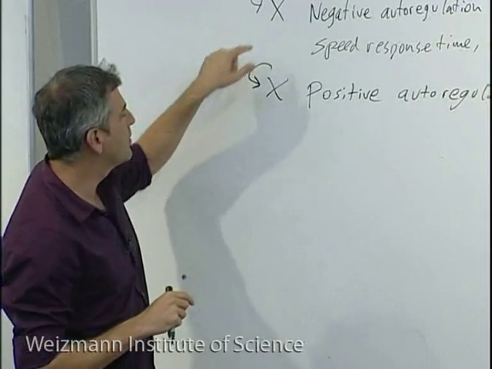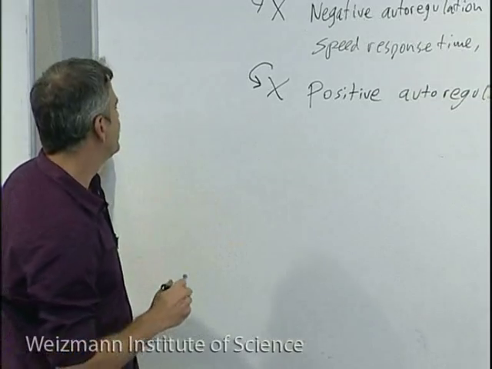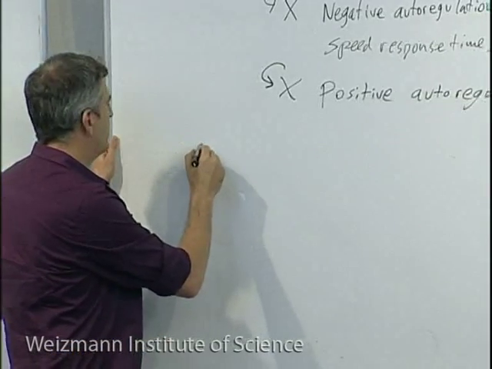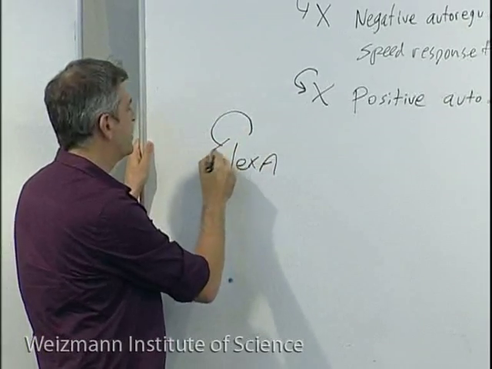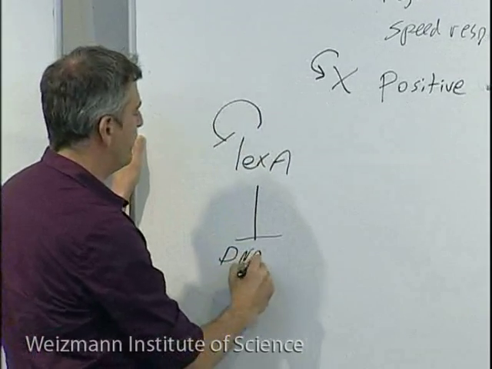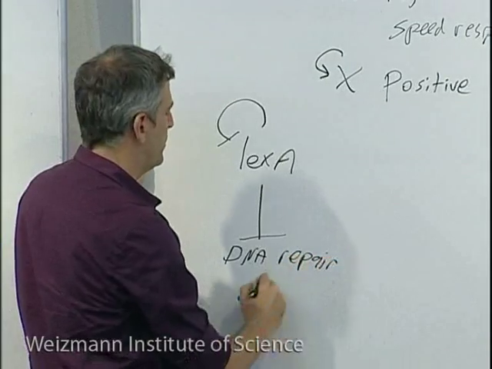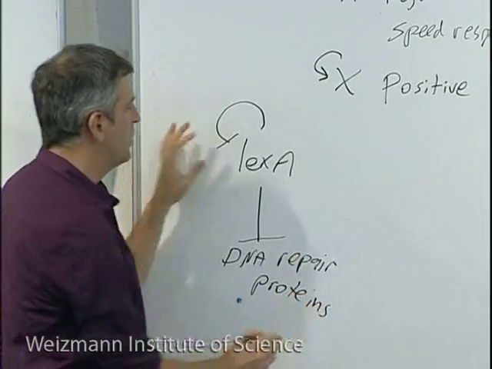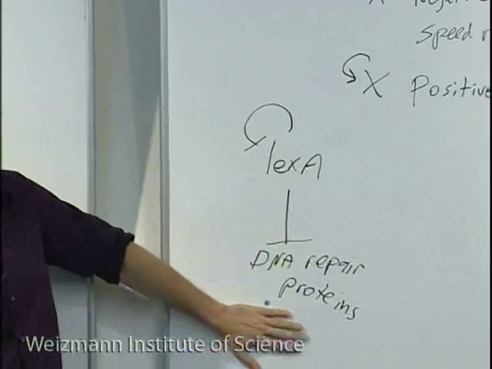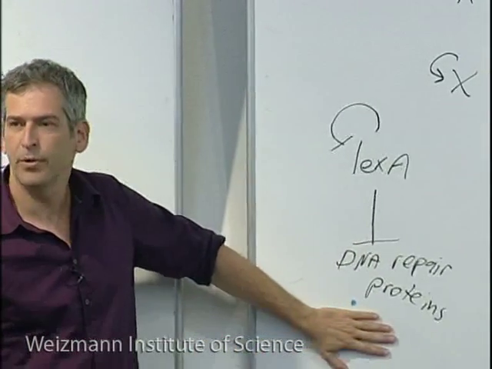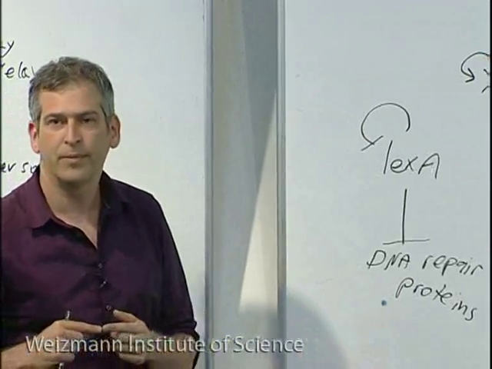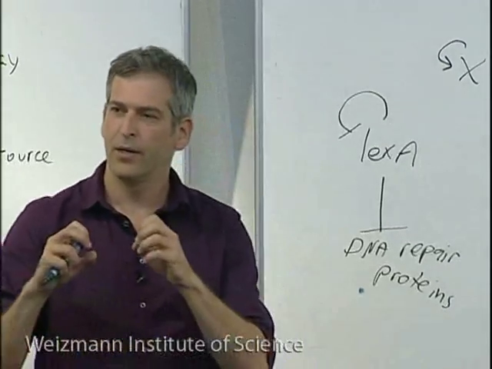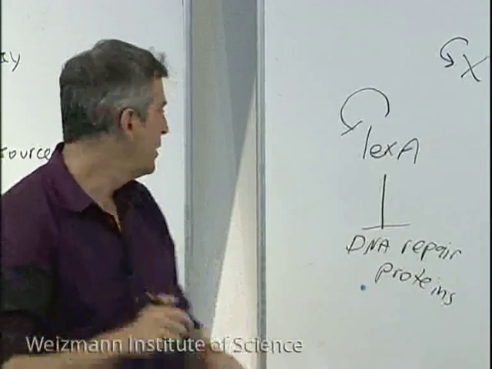Biological examples of negative autoregulation, for example. In bacteria, there's a transcription factor, a repressor, that represses its own production and also represses DNA repair proteins. So normally, it just shuts off DNA repair proteins, and there's no need to repair the DNA. But if there is DNA damage, the cell has ways to find out about that. A particular protein called RecA binds the DNA and